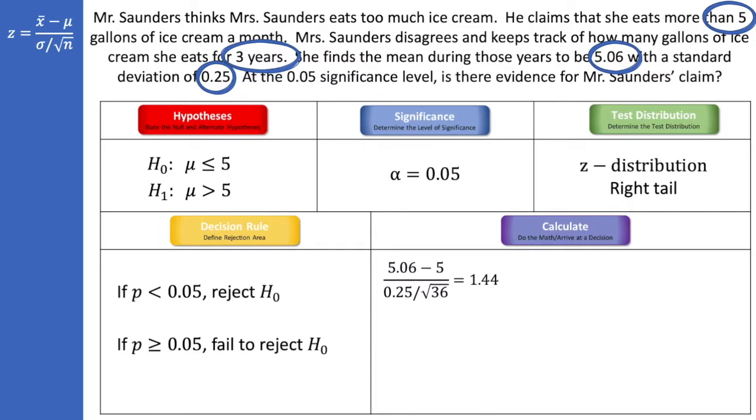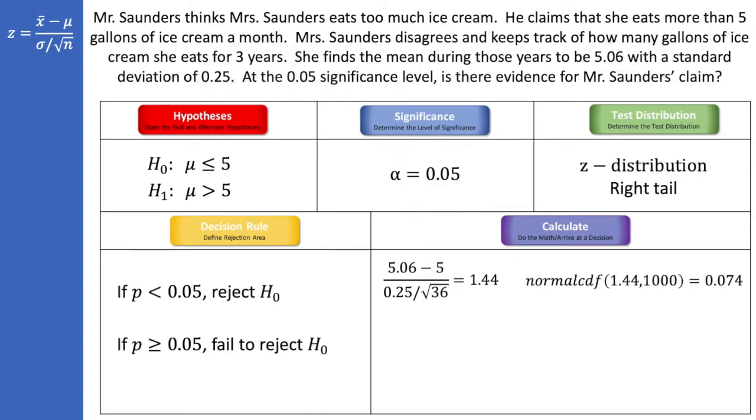We're going to plug all this into our formula, 5.06 minus 5 divided by 0.25 divided by square root of 36. Now, where did that come from? Mr. Saunders was claiming that Mrs. Saunders eats more than 5 gallons of ice cream a month. So that 3 years is 36 months. That's our sample size. Now we just plug this into the calculator to find the area under the curve above